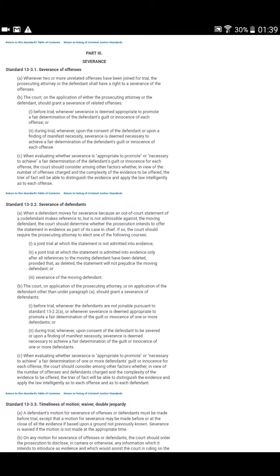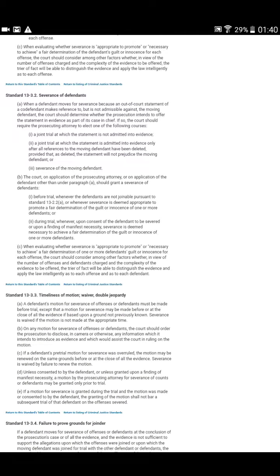Section C, when evaluating whether a severance is appropriate to promote or necessary to achieve a fair determination of the defendant's guilt or innocence for each offense, the court should consider, among other factors, extenuating circumstances, in view of the number of offenses charged and the complexity of the evidence to be offered. The trier of the fact will be able to distinguish the evidence and apply the law intelligently as to each offense. Severance of defendants. I'm going to leave the rest of that information for you to go ahead and just review,